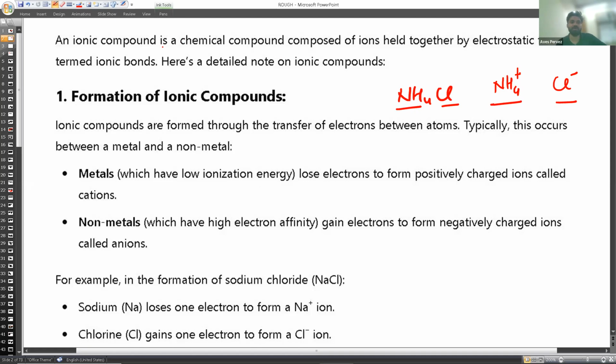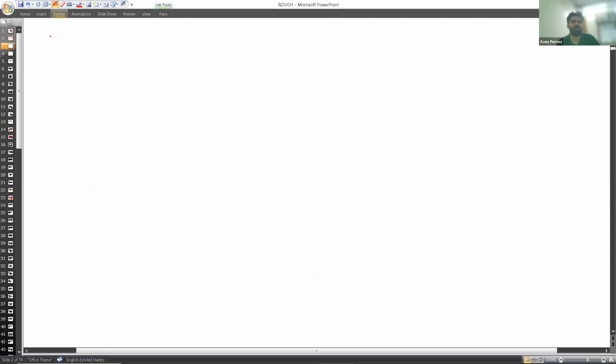So an ionic compound is a chemical compound composed of ions held together by strong electrostatic bonds, or ionic bonds. We can simply say that ionic compounds are formed by the transfer of electrons. When one element transfers an electron, it is permanent; transfer means one is giving the electron permanently to the other element. For example, if I take sodium,